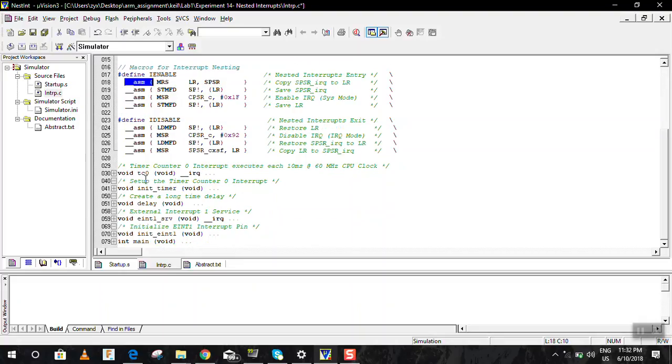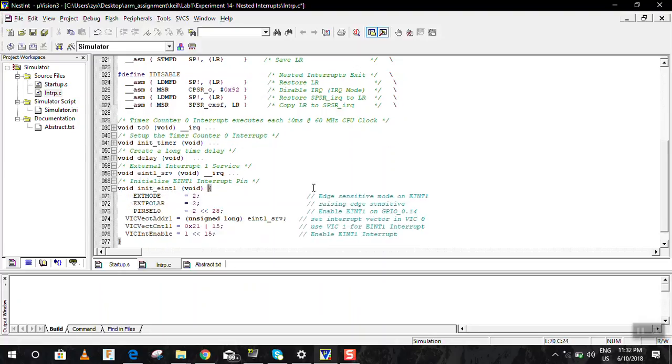Okay, moving forward to our nested interrupt program, we have defined many functions inside it, that is TC0, timer counter 0, initial timer, then delay. I won't explain delay as we have discussed delay many times earlier, and then external interrupt 1 SRV, and then initializing external interrupt. First, going inside it, we have edge sensitive mode for external interrupt, which is